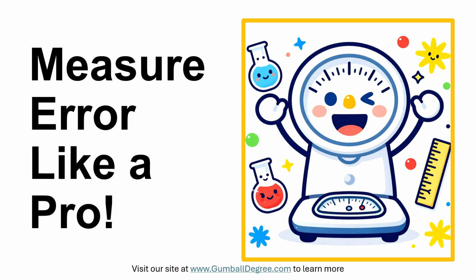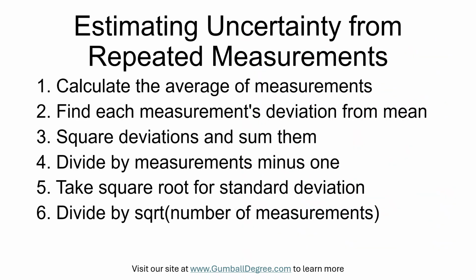You estimate uncertainty from repeated measurements by calculating the mean and the standard deviation of your data, and then reporting the mean with the standard deviation as the uncertainty, or using the standard error if you want the uncertainty of the mean. When you take the same measurement many times, you get slightly different numbers, so first add them all up and divide by how many you took to get the average, which is the best single value to describe